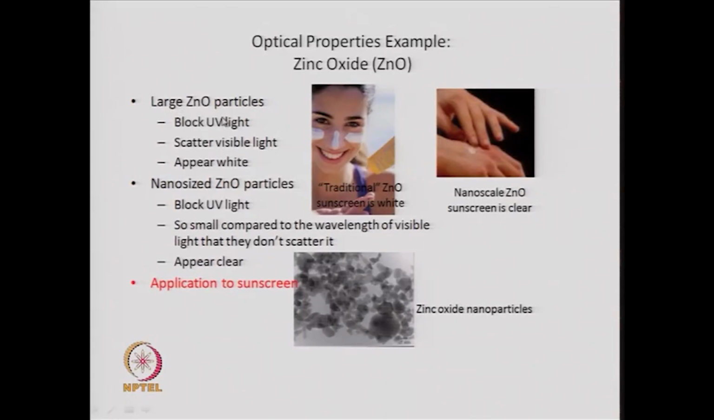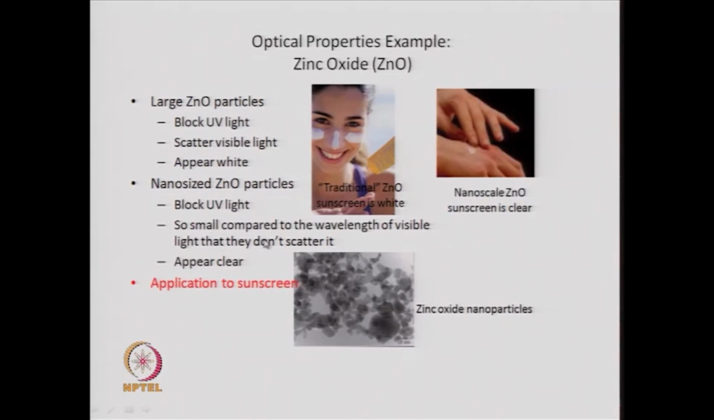So, you make a kind of suspension with zinc oxide particles, and they will block the UV light, and they actually scatter visible light, and so it appears white in color, and the traditional zinc oxide sunscreen is white in color, because it scatters the visible light. When you make the zinc oxide particles smaller, it will also block UV light. The nano size zinc oxide particles also block UV light, but the particles are so small